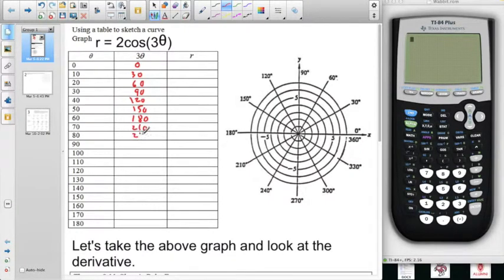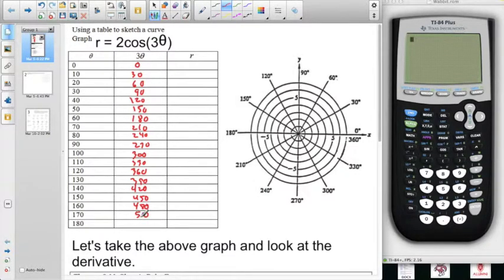210, 240, 270, 300. Wow, I messed up on those last two. Let me get those last two off of there. 110 times 3 is 330, 360, 390. We've got 420 here, 450, 480,